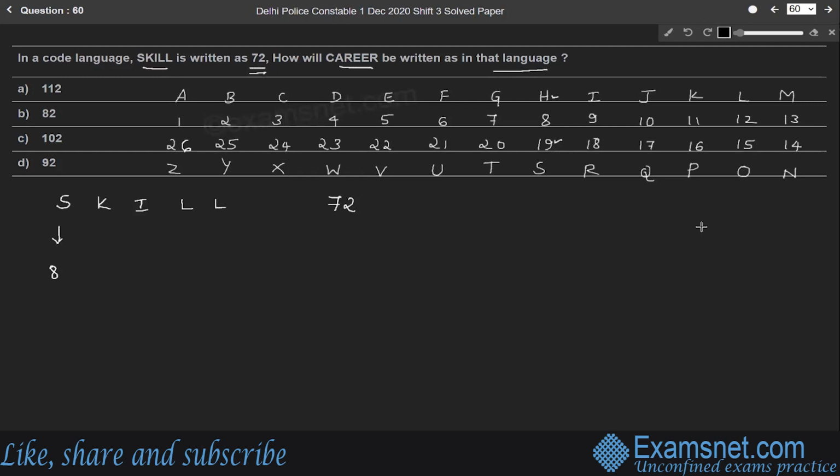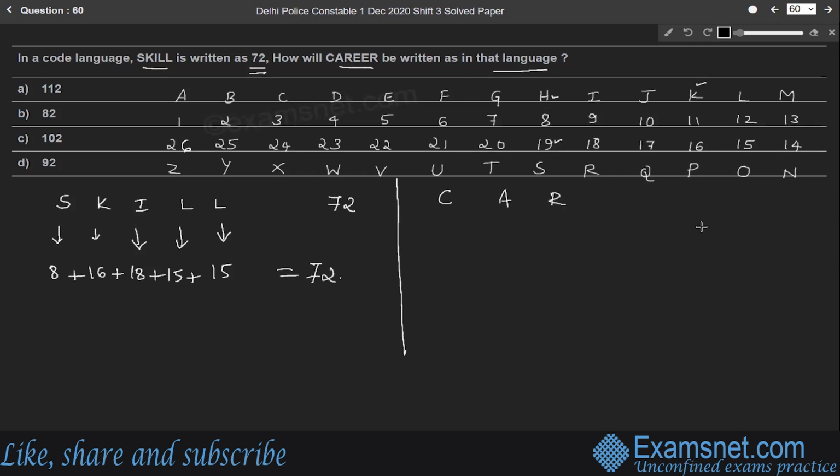Whereas the positional value of K is 11, its opposite value is 16. Right? Whereas I, positional value is 9, its opposite value is 18. L, positional value is 12 and its opposite value is 15. And again one more L, positional value is 12, opposite value is 15. So when we add all these values, 8, 16, 18, 15 and 15, we'll get 72. Right? Similarly, CAREER,